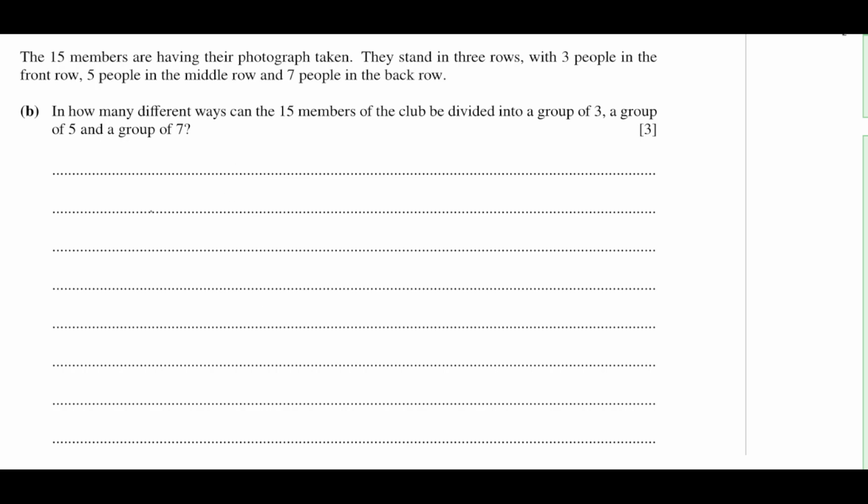Okay. So the arrangement is like 7 are in the back row, 1, 2, 3, 4, 5, 6, 7. Then 5 will be here, 1, 2, 3, 4, 5, and then 3 will be here, 1, 2, and 3, like that. Okay. 3 people in the front, 5 people in the middle, and 7 people in the back. In how many different ways can the 15 members of the club be divided into 3 groups, a group of 3, a group of 5, and a group of 7? So if I divide first into a group of 3,